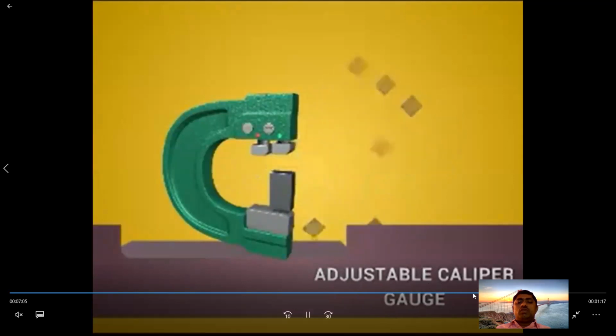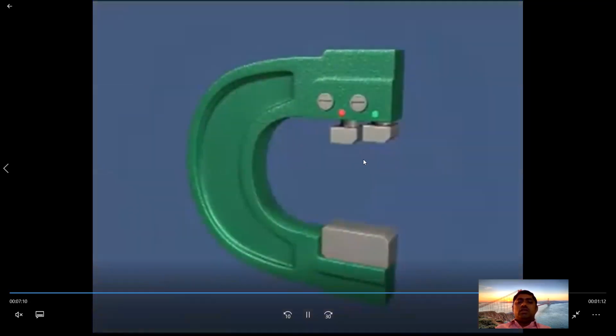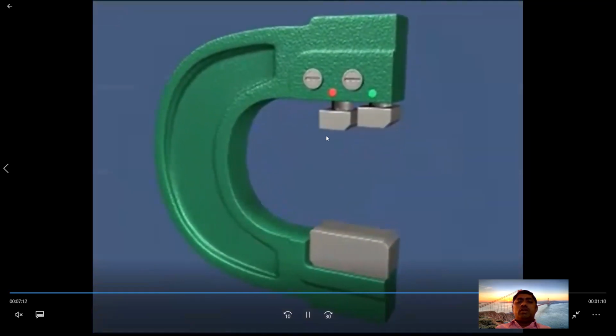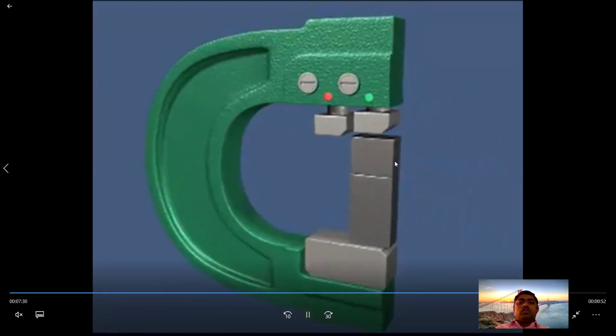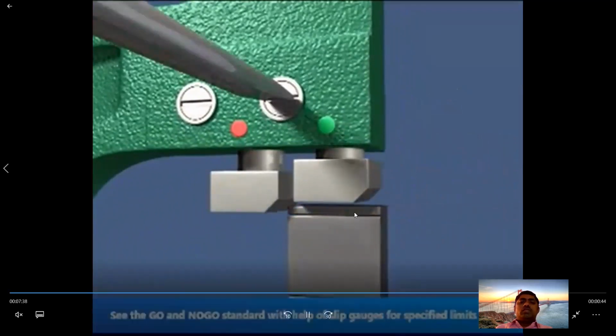Next one is the adjustable caliper gauge. So we can adjust the upper limit and lower limit using the set screws, using the slip gauges. So we use the slip gauge to the required height, to the maximum limit, we will set.